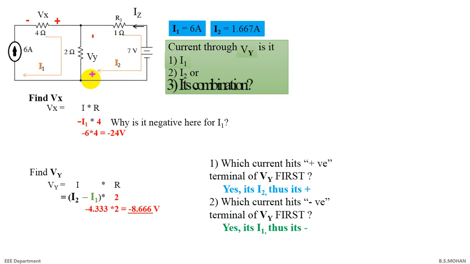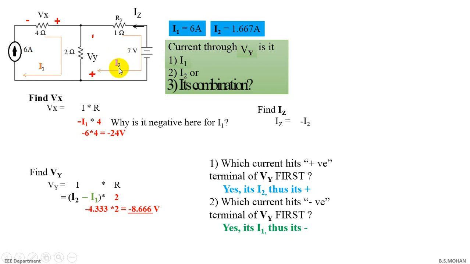The last thing: how do we find Iz? And remember, now they have asked you to find a current, but with direction. So let us see how we solve for Iz. I'll say the answer is Iz equal to minus I2, right? Pause the video and try to analyze by yourself. Once you have solved or think you do not know, play the video and compare your answers. Iz is traveling in this branch, that is through 1 ohm or R3. Which current that you have assumed is actually flowing through this 1 ohm? It is I2, right?